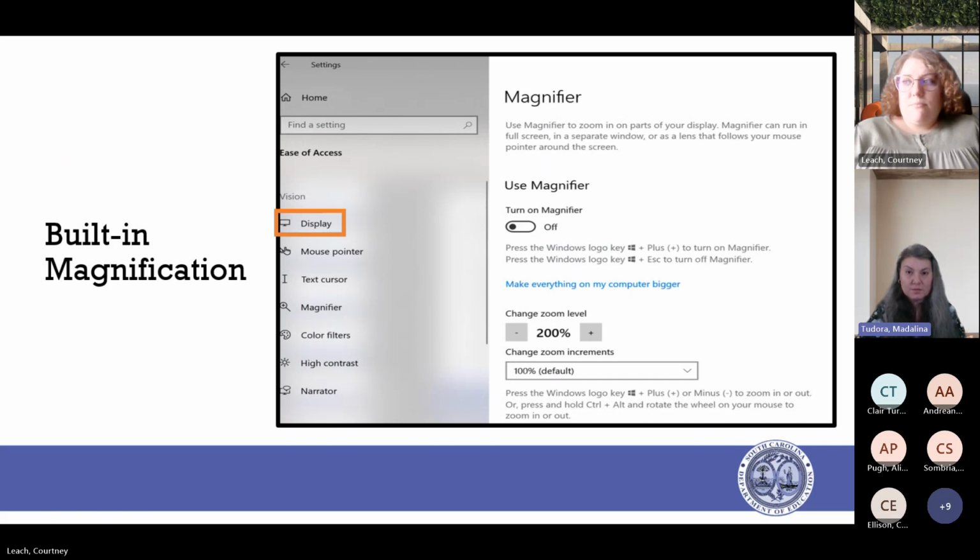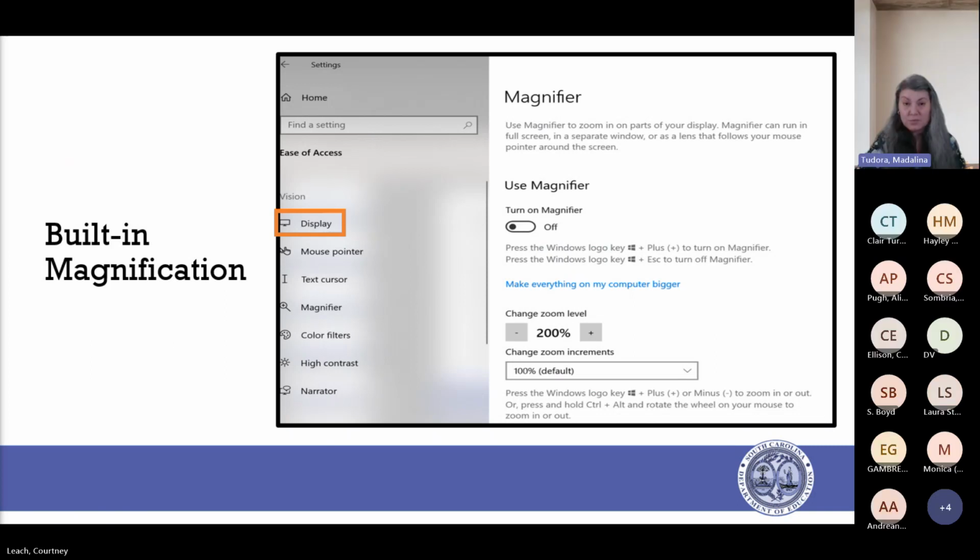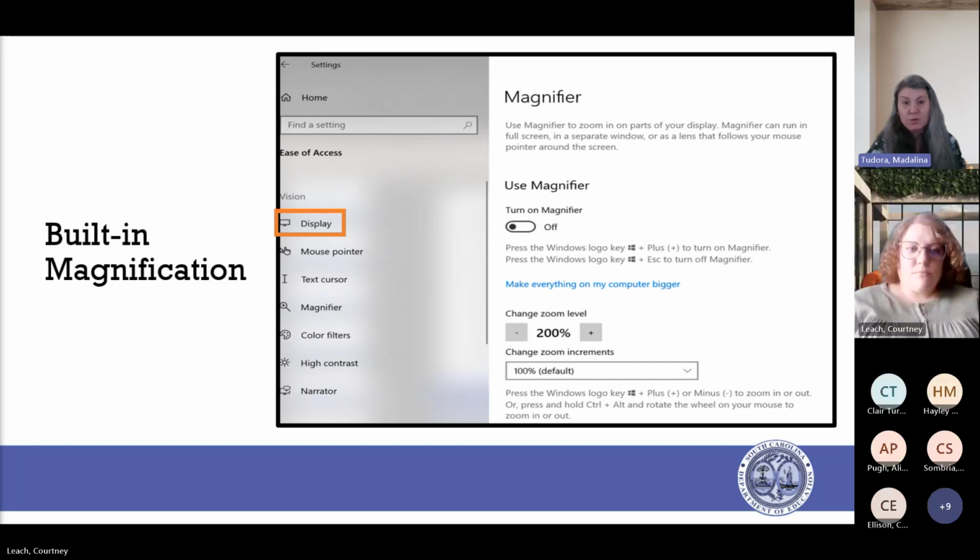So you go into your accessibility settings, Ease of Access, and you get all these options that you can customize. So for the magnifier, you can turn that on from here. And as you see, it's set on 200%, but you can set that as whatever you need, and it's going to open your page for whatever value you put there. So you do have all these options built in.